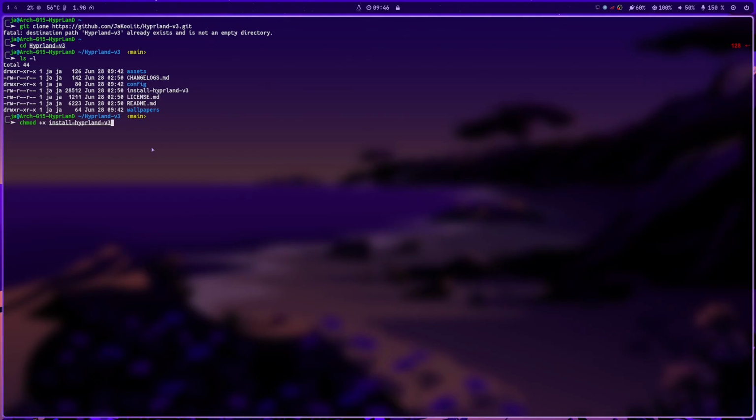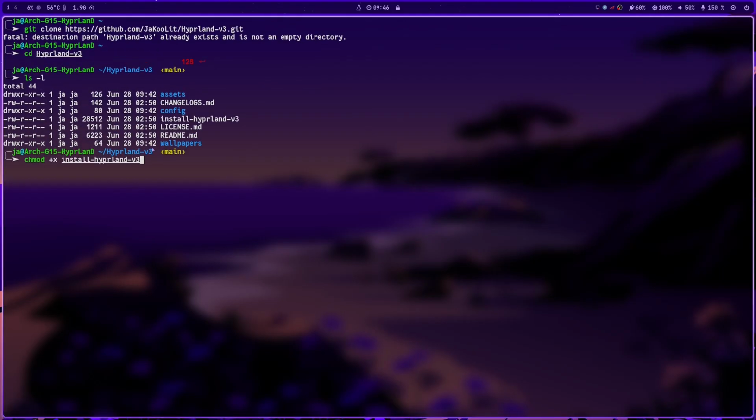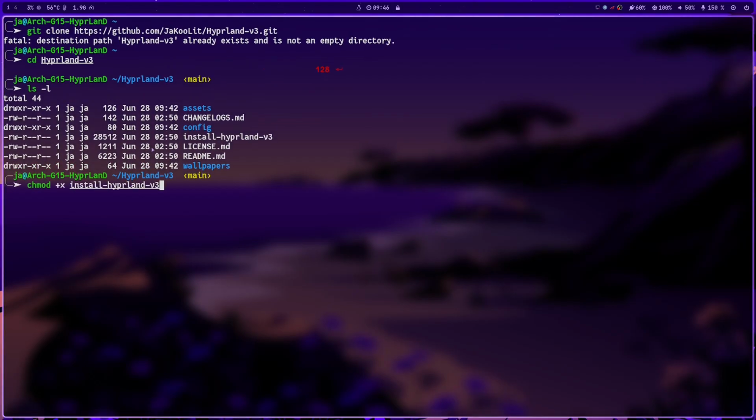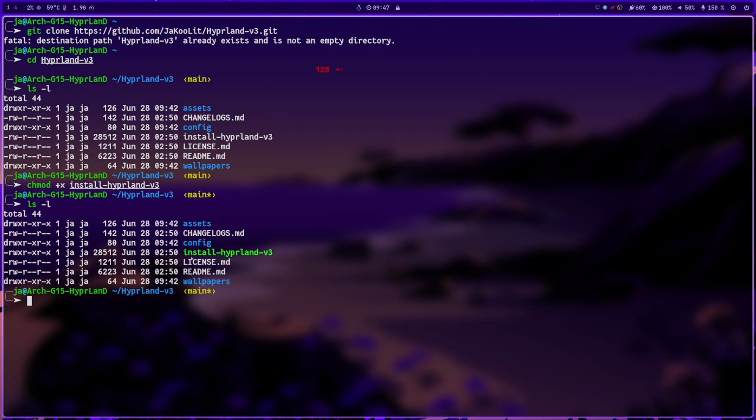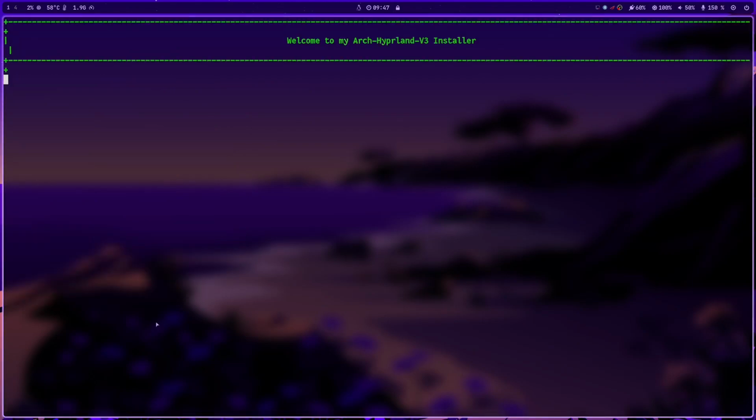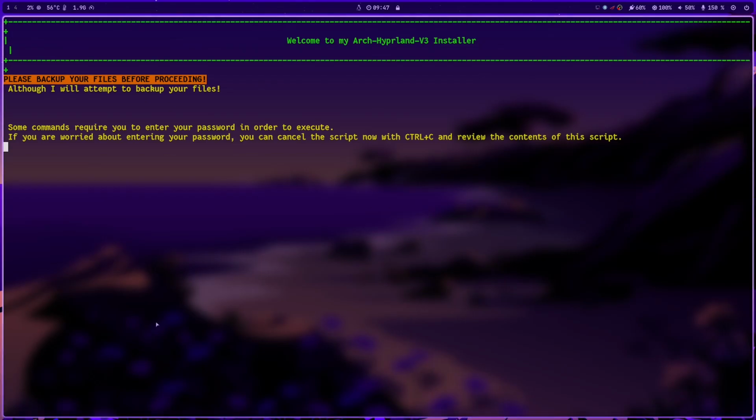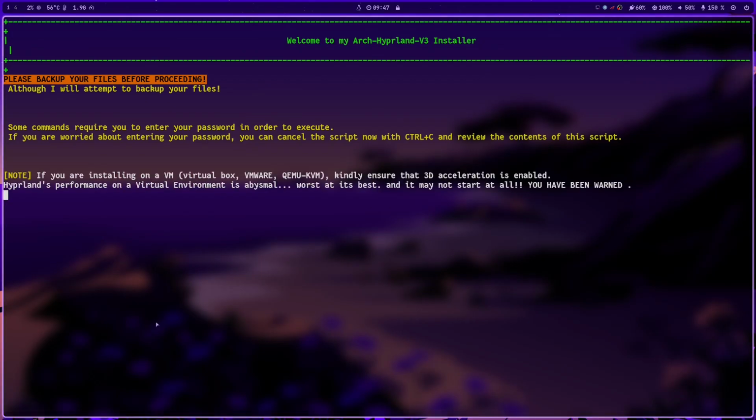Now let me just zoom in. Yeah, as you can see, so install Hyprland v3, enter. Once you type in ls -l, then you could see that this one turns to green. That means it's executable. And then to run that one, ./install-hyprland-v3. Now the script is similar to my v2.1, and then I just added some tweaks, and I'm